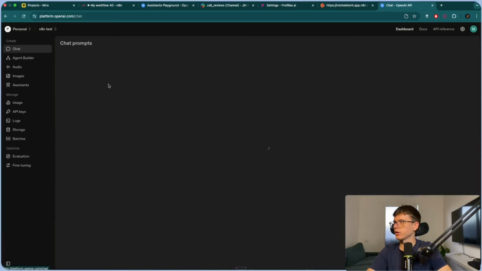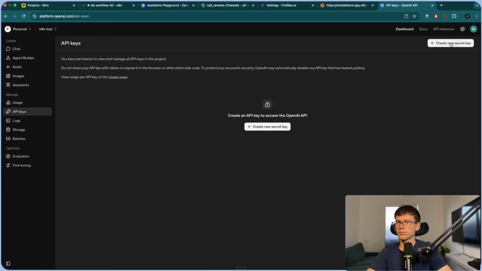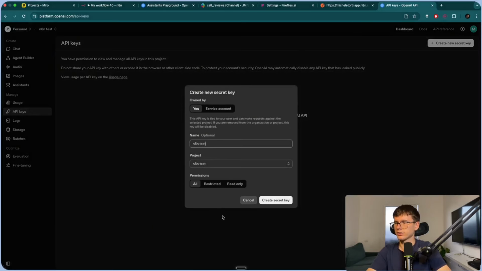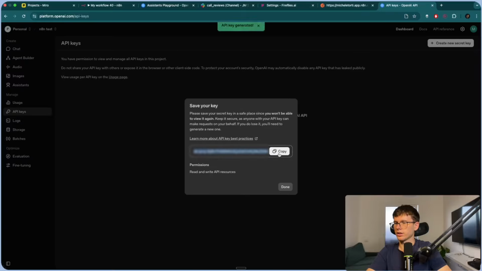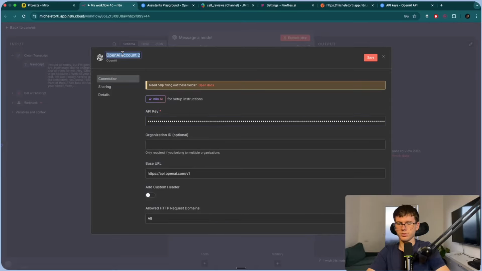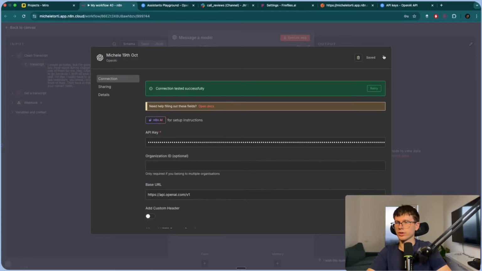Go to dashboard, go to API keys, press create new secret key. So n8n test, create a key, and then you can copy this and bring it back here and put Michele, 19th of October, save. Now you have the connection to your account saved.